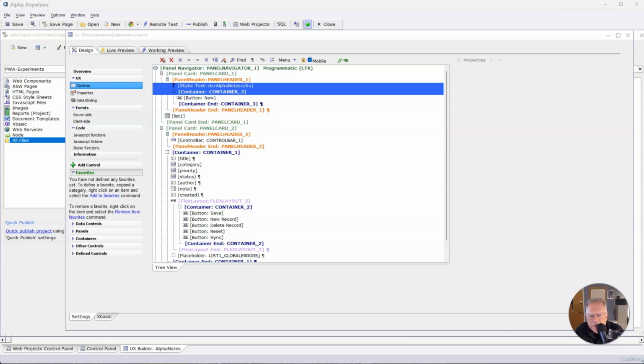I am VP of Mobile Development here at Alpha Software, and today I'm going to show you something new that we've added to the PWA Builder for progressive web apps, and that is the ability to prompt the user to install the app on the device